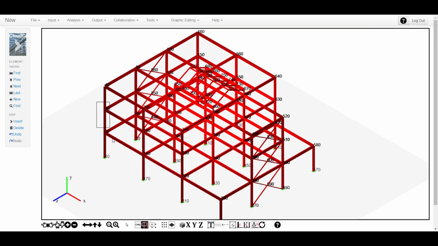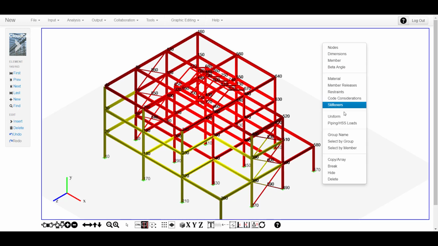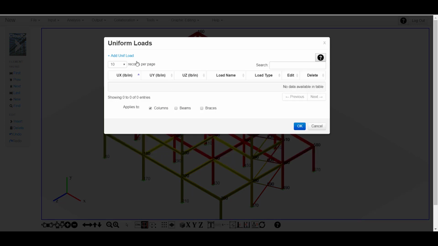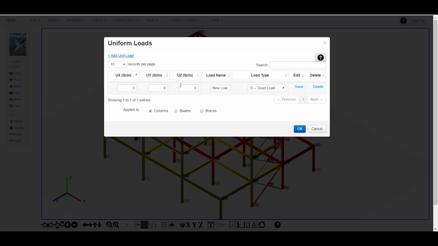Let's also add some wind loads. We'll select the columns along this one wall. Don't worry that we've also selected some beams along with those columns. We can simply indicate when we add our uniform loads that we only wish to apply it to the columns in the selection set, such as here. So we apply the magnitude, indicate that's a wind load,